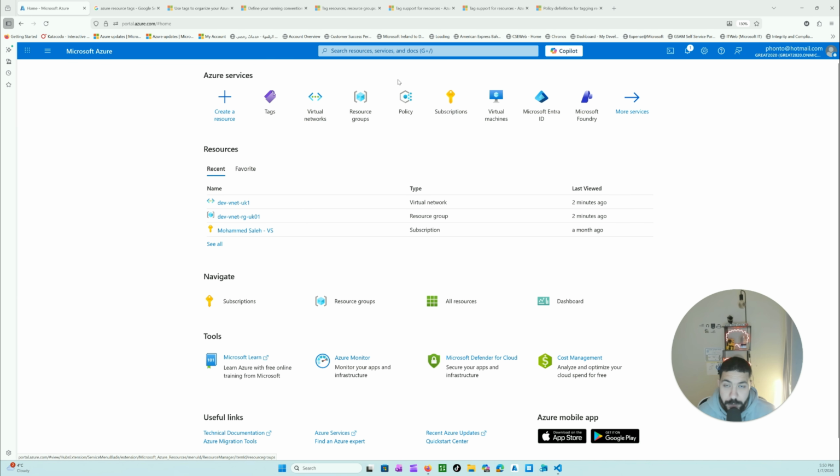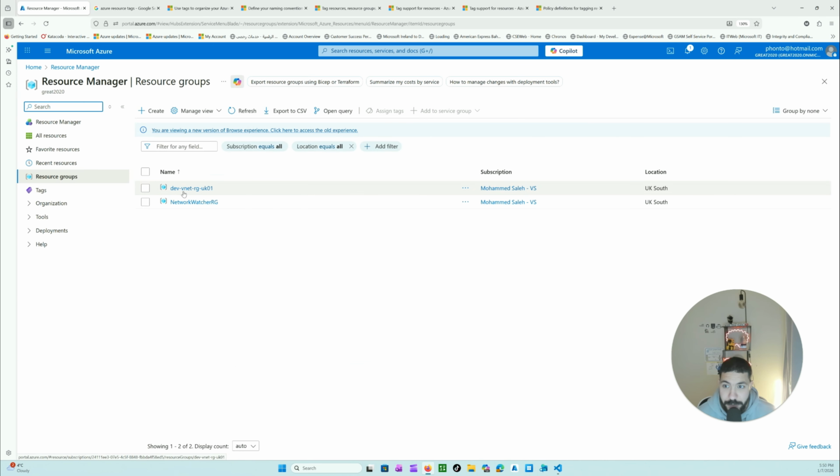When you have a deployment and I'm asking about, let's say, a specific resource group, as you can see here, I am giving a naming convention like dev virtual network resource groups in UK region. That means I'm going to deploy virtual networks within this resource group. Some customers just add any random names, and then they forget also to tag those